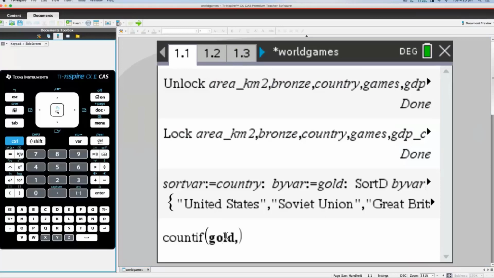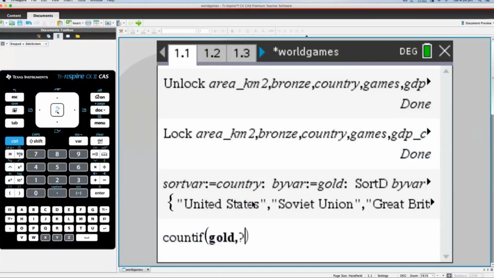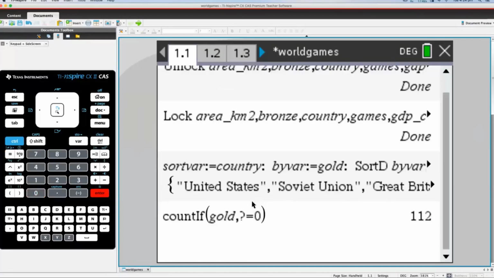The way you do that is to use a wildcard character, which after the comma, on the left of the screen, just under the enter key, is the question mark. So the query is that it is equal to 0. And that's telling me that there are 112 countries, of the 215, that have never won